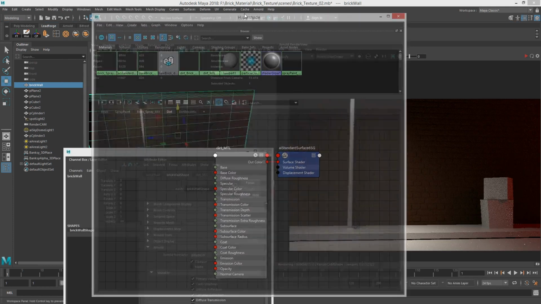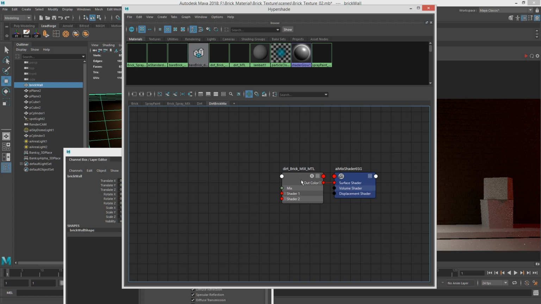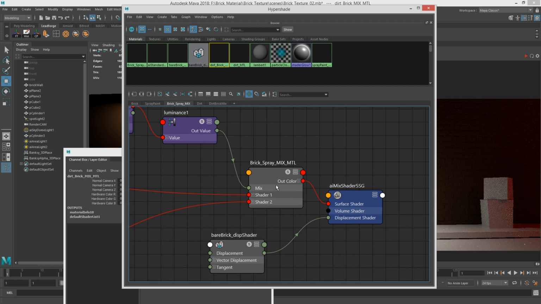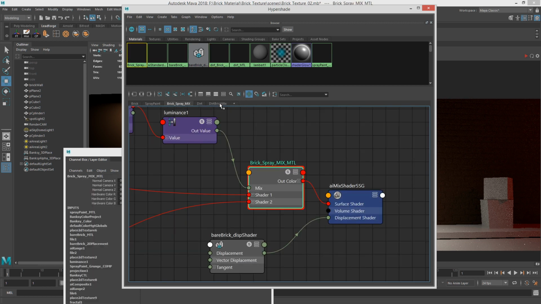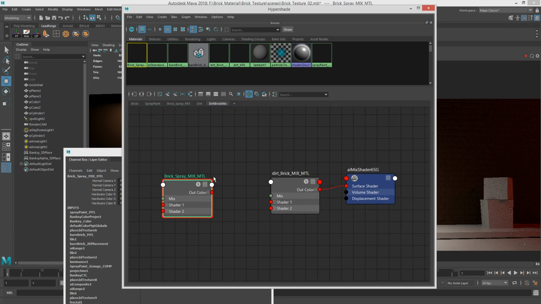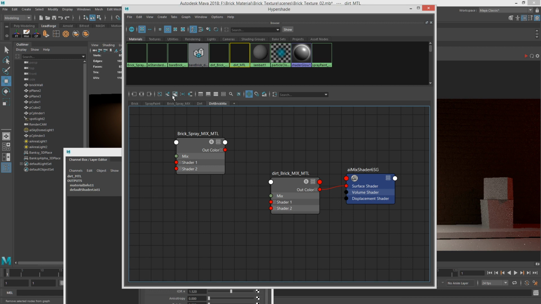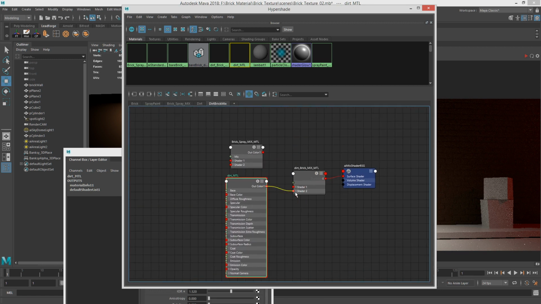Okay, awesome. So now for this dirt brick mix, I want to take my final brick spray mix, put it in here, and then I want to take my dirt and put it in here as well. So now when I connect these up,